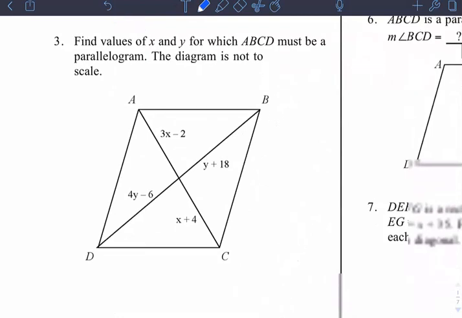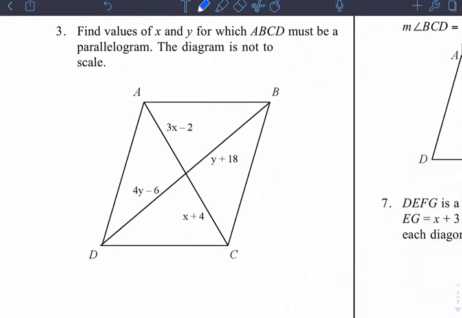Number three, we're going to do a little bit of algebra. Find values of x and y for which ABCD must be a parallelogram. So right now it's a quadrilateral. We want to make it a parallelogram, and we know our diagonals bisect. So if our diagonals bisect,